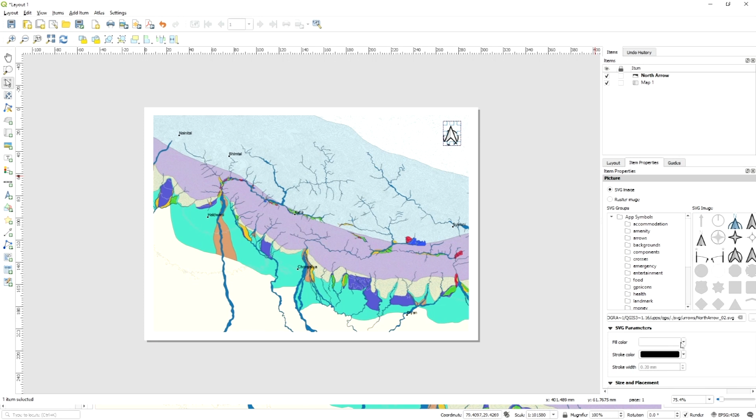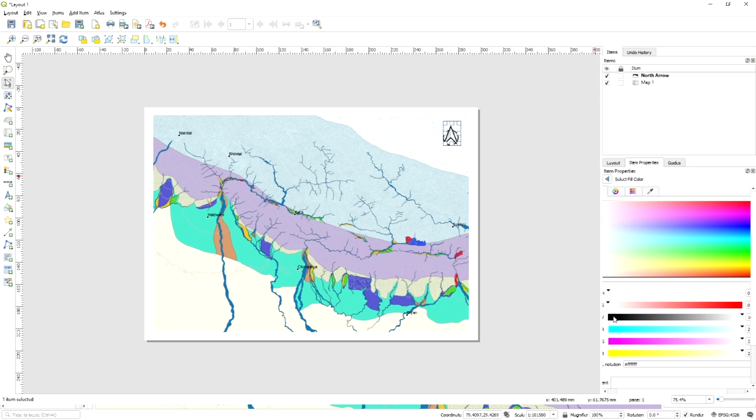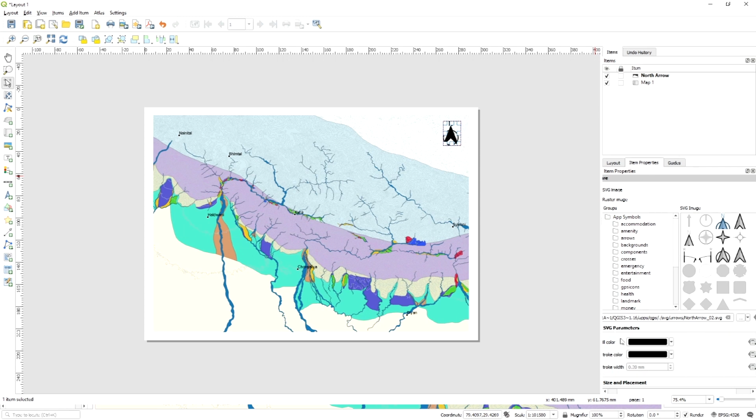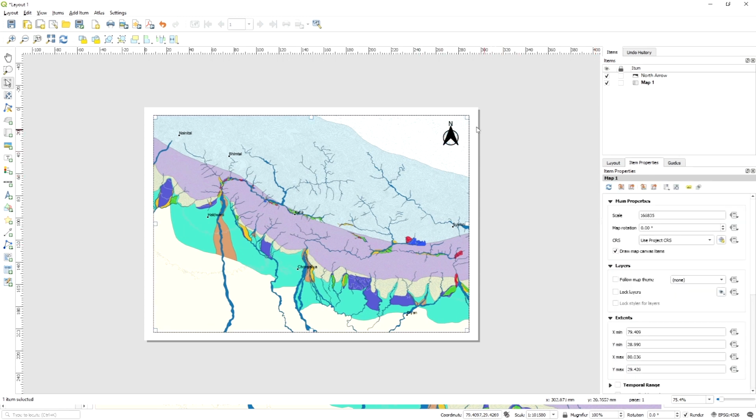So, you can choose any of these symbols. You can also change the color. If you do not like the default color, you can change the color from the fill or SVG parameter option. Here you can change the color. So, here you can see a north symbol has been added in your map, and then you can also